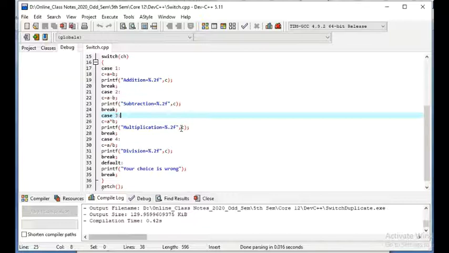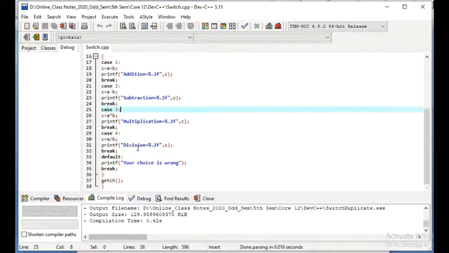Then again like before, it will stop with the break statement, break semicolon. Case 4 is our division, that means C equal to A divided by B. So printf division, again in the same manner, same format, %.2f. So C, the division of A and B, will be stored in C.